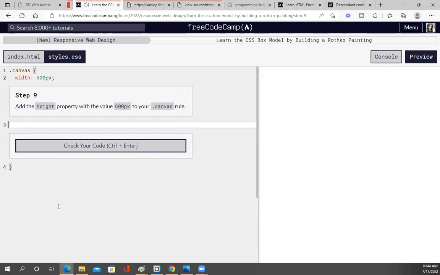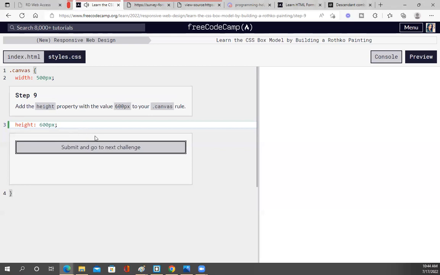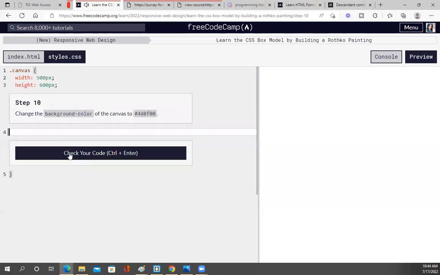Add the height property with the value 600 to your canvas rule. Change the background color of the canvas to